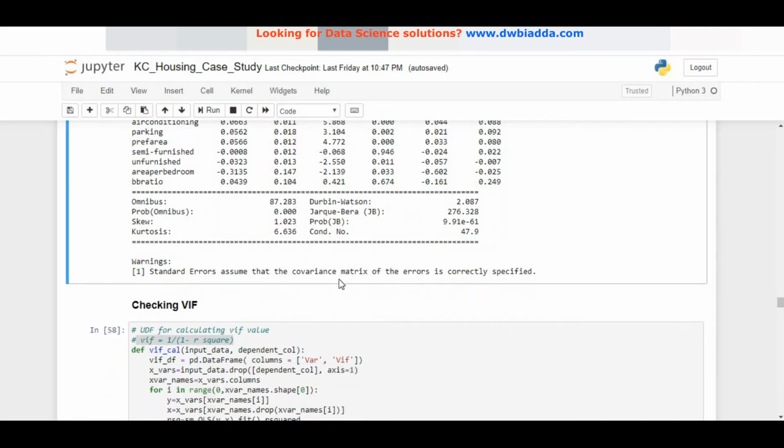Let's try to calculate the VIF, and before we do that, let's try to understand what a VIF is. VIF stands for variance inflation factor, which means there could be multi-collinearity existing between the attributes. For example, attribute 1 could be dependent on attributes 3, 4 and 5 together.